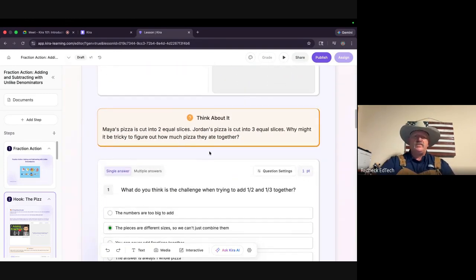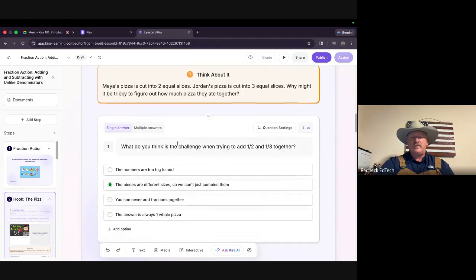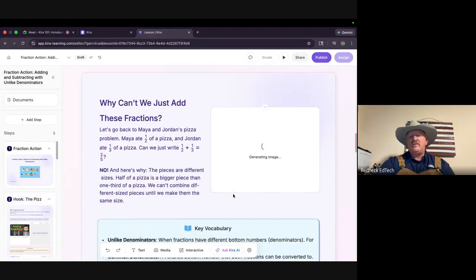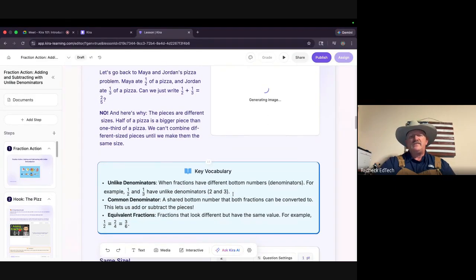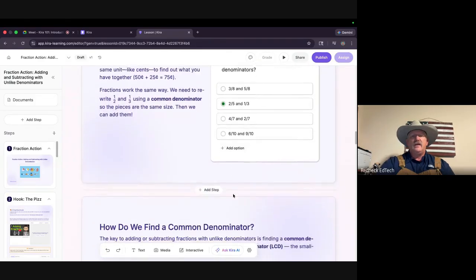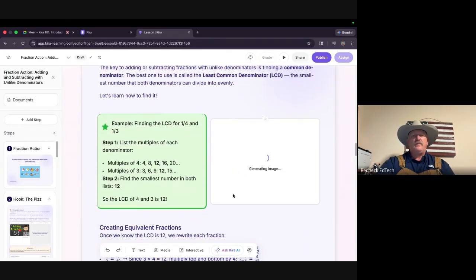Now, these pop-outs, anything like this to get attention and make sure the students are watching everything that's going on. It's going to ask questions here or there. Again, it generates all the images. It's loading all the information based strictly off your standards. How do we find a common denominator?